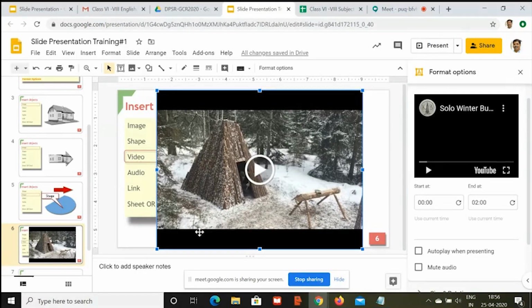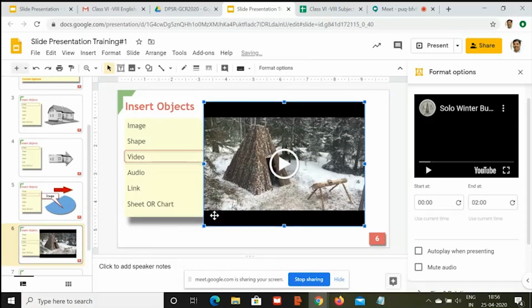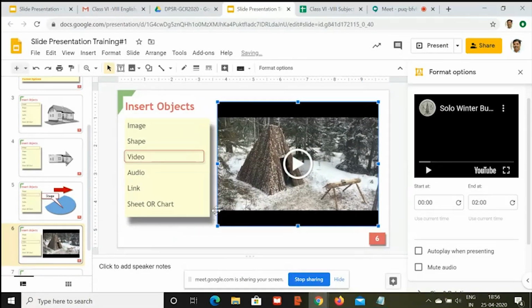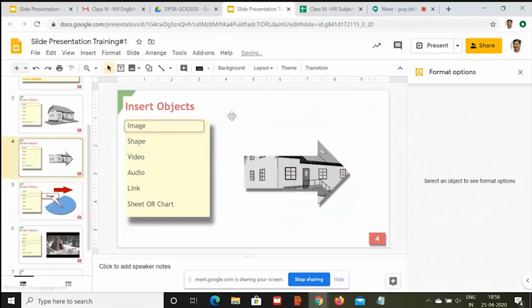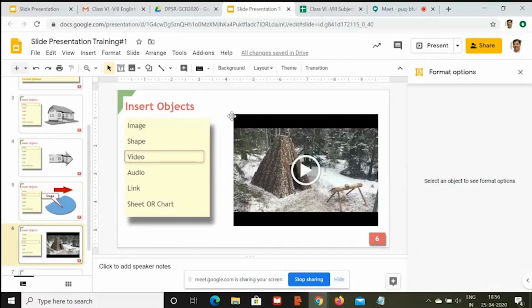So right now it is fitting in my screen. But suppose it is part of your content and on the side you want to keep some text, so you can keep it to the smaller size. But this you do only when you think that video will be appropriately visible to your students, and accordingly you will be taking care of this.